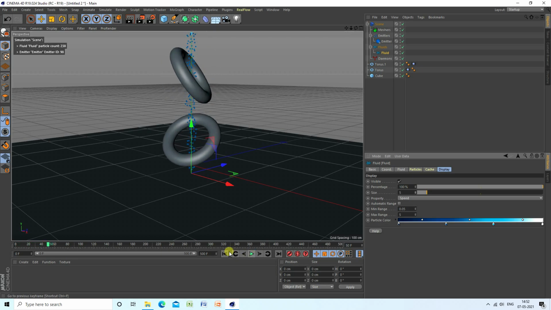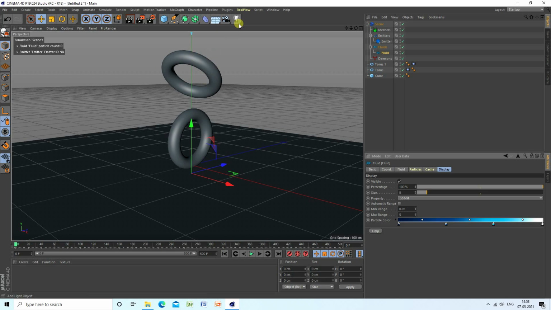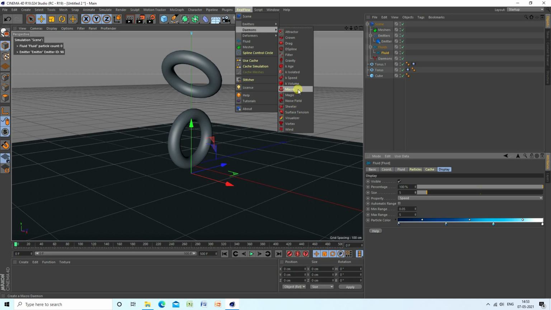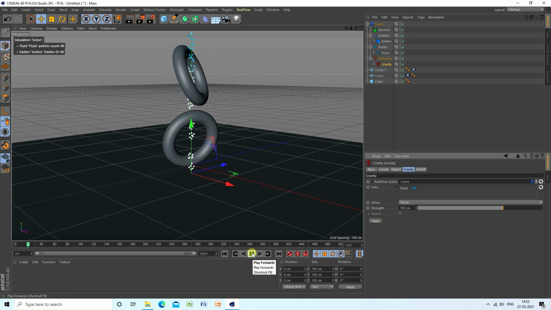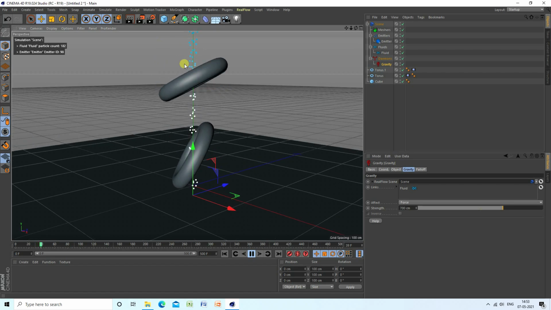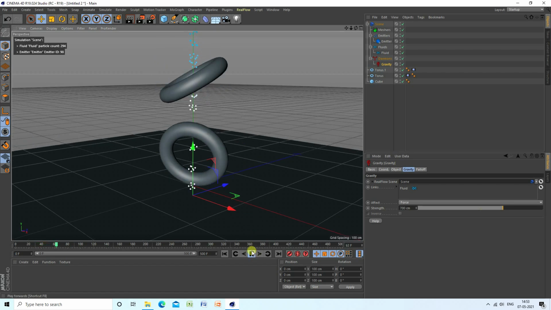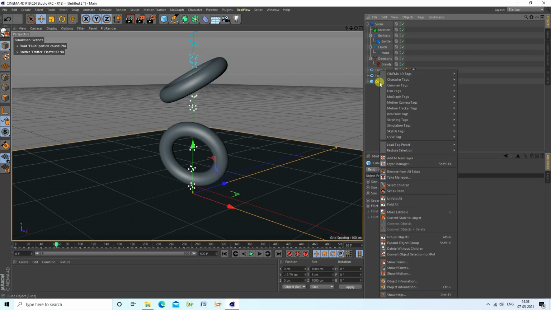Okay, so now guys, I also apply a gravity deformer and use gravity like this, and strength of gravity I like 700, yes, better. Now I apply a collider body tag, the RealFlow collider, so use this one.